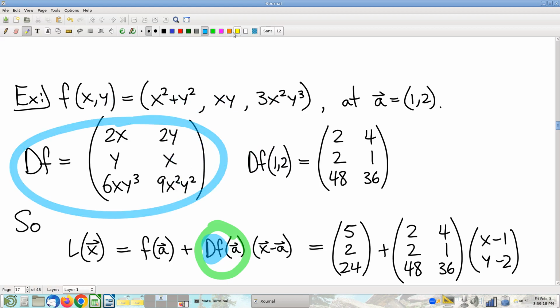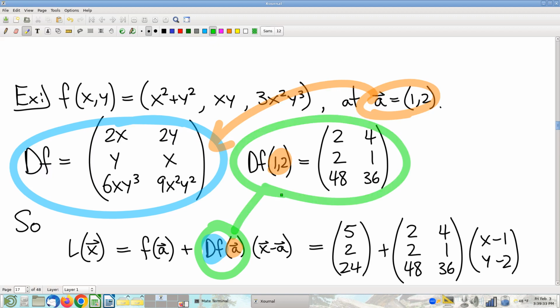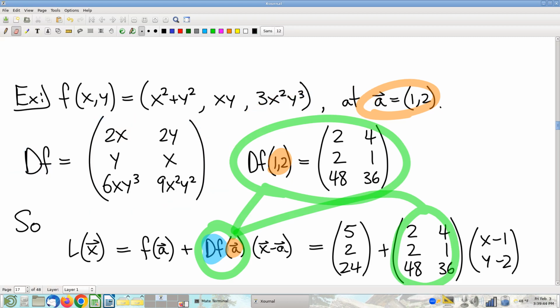Of course, we've got to plug in the point a. So we plug in (1, 2), so x is 1, y is 2. Plug in the numbers, do the arithmetic, and you get that the derivative matrix at the point in question is this matrix of those numbers right there. So, making progress. We've got our first term, we've got the first factor of our second term, and then lastly,